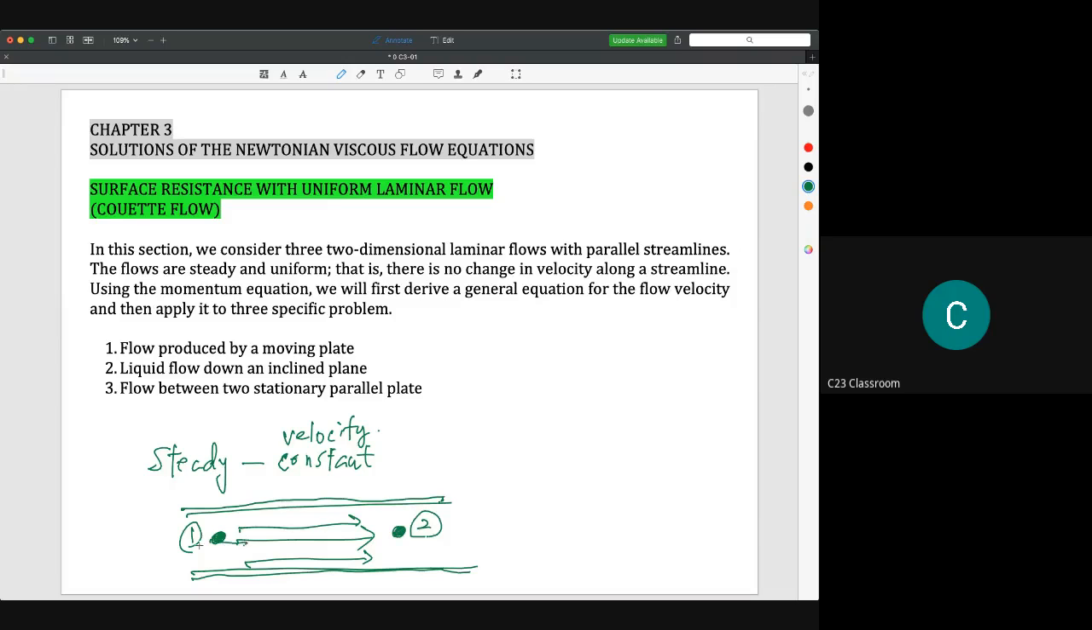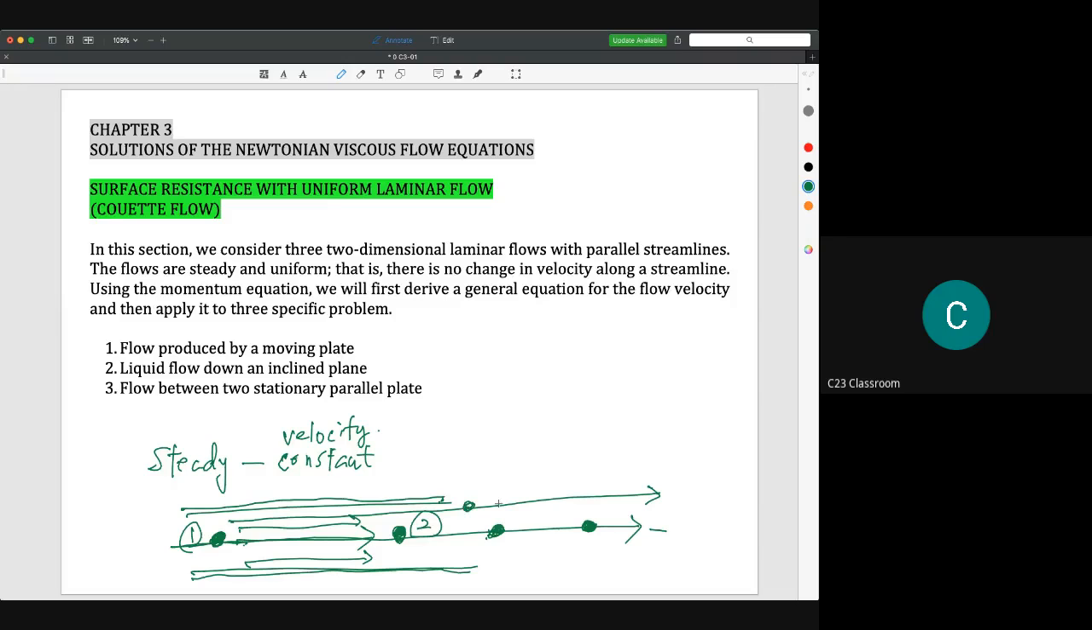So this is the streamline, for example. If we check the velocity at here and another point, the velocity remains constant. So that is steady. However, you must know that if you have two streamlines, for example, you have a streamline here and here,